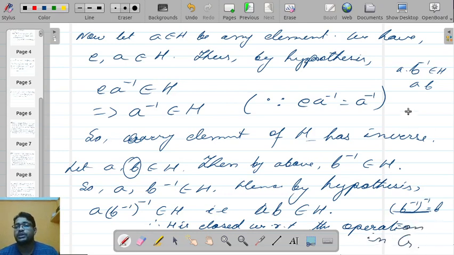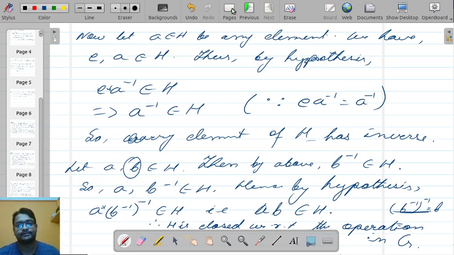In your exam it might come as A star B inverse. The system is the same, just write star everywhere, something like A star B inverse whole inverse. Please try to cope with those notational changes. Instead of A B inverse, you might be given A star B inverse, or some other symbol like A O B inverse. The logic is the same, so be careful about the notation. If star is given in the question, you use that star. If it is just given as AB inverse, do it this way.